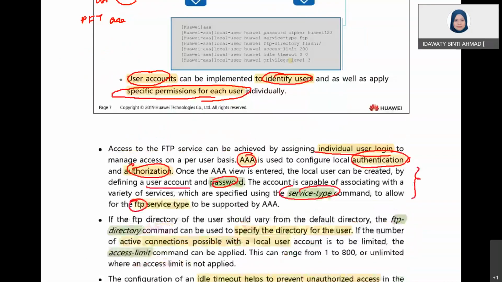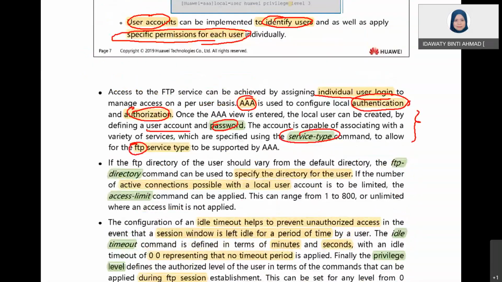And also, if you don't define the default directory just now, you must put this FTP directory command to specify the directory for users. But normally, what we do, the default directory in routers is in flash. This is because routers are using flash memory in order to store all the data, and this flash memory,